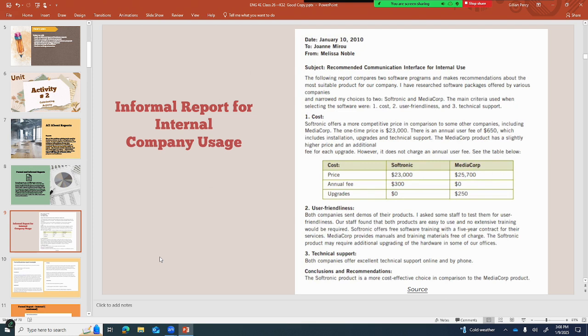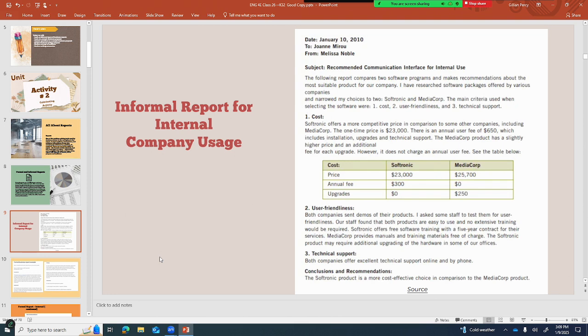Number 2, user friendliness. Both companies sent demos of their products. I asked some staff to test them for user friendliness. Our staff found that both products were easy to use and no extensive training would be required. Softronic offers free software training with a 5-year contract for their services. MediaCore provides manuals and training materials free of charge.